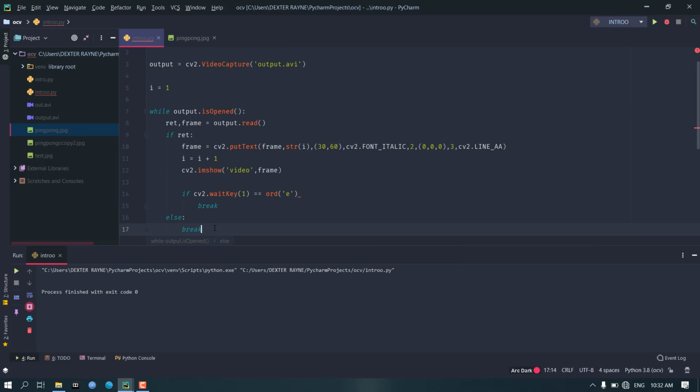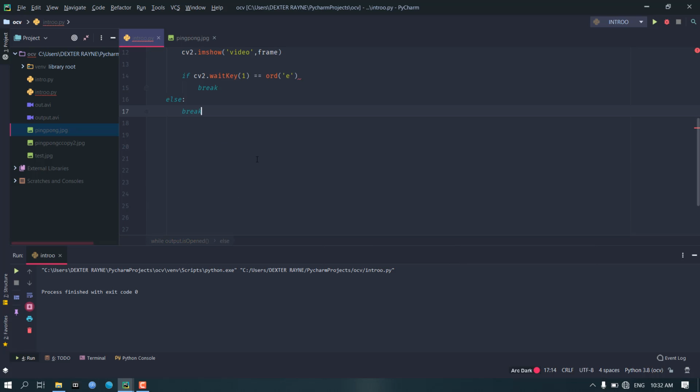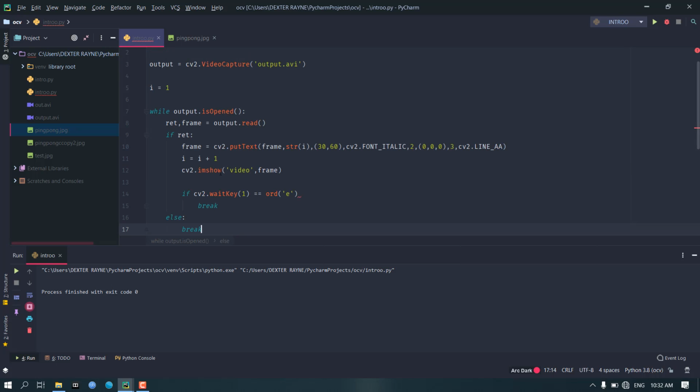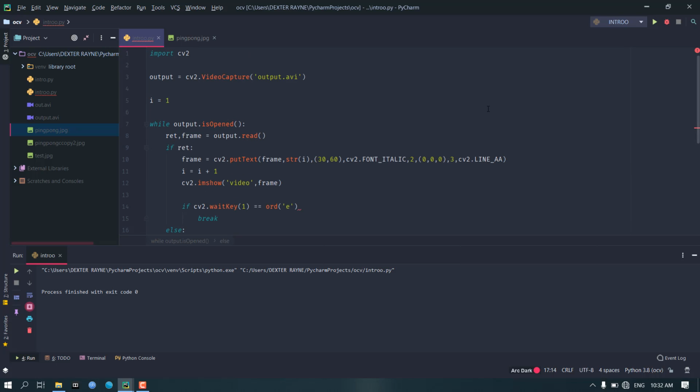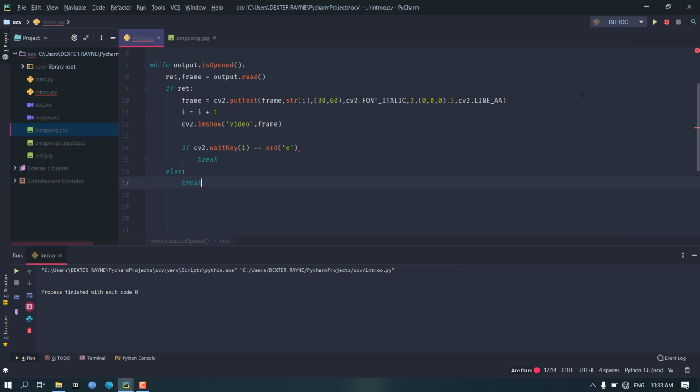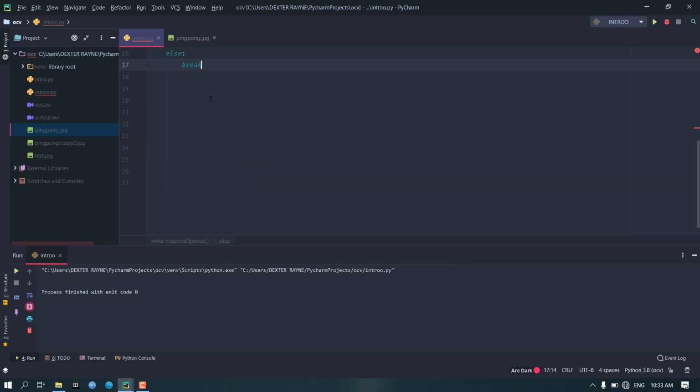Okay, we are good to go. We are going to run this and see what happens. We should also output dot release, we should release our input from where we are taking, and we should also destroy all the windows.